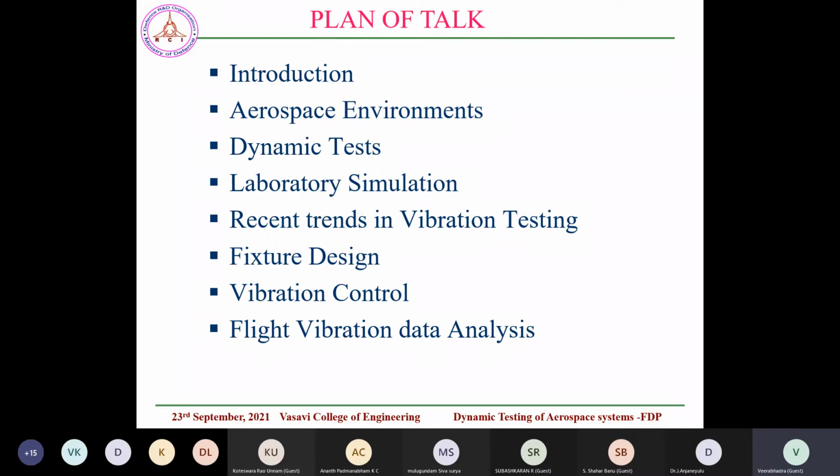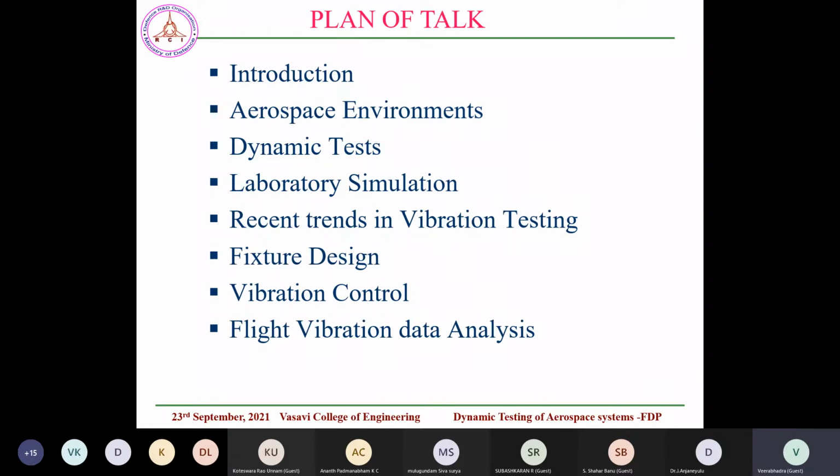And to do vibration testing, we need something called vibration and shock test fixtures, which are intermediate elements to transmit the energy. So how to design them and what are the brief guidelines, and overall, when we have a problem, we need to control that problem. So to control that, how to mitigate the failures, or how to reduce the unwanted vibration that is coming in the aerospace and defense systems. I will be giving brief failures and corrective actions taken by us.